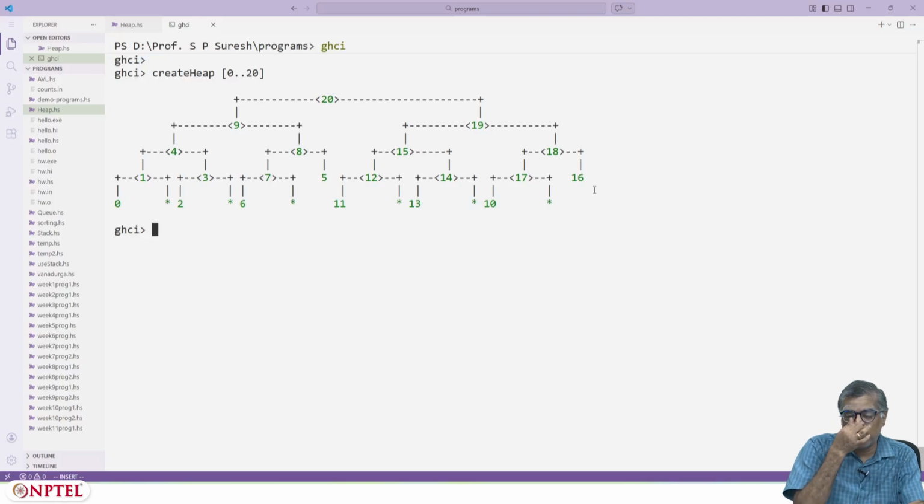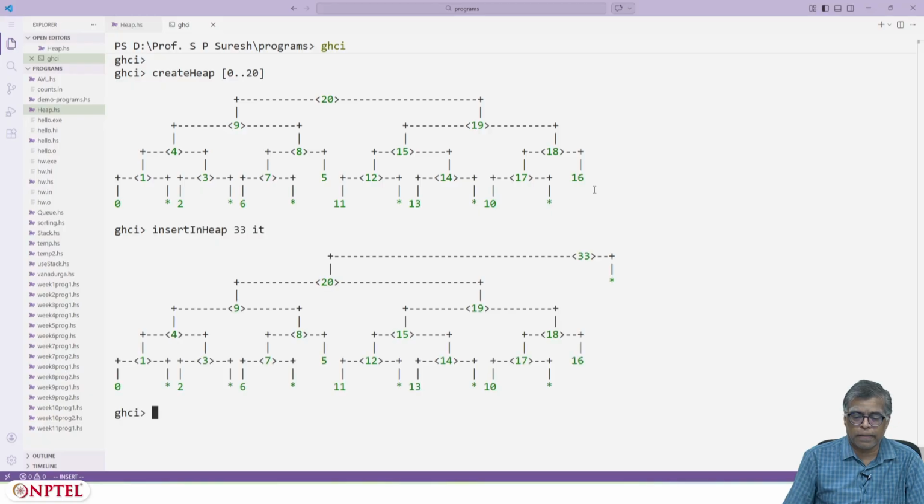You can see this. You can also try to see what happens if I try to, for instance, insert 33 in the heap. Why does it not care about the height balance?